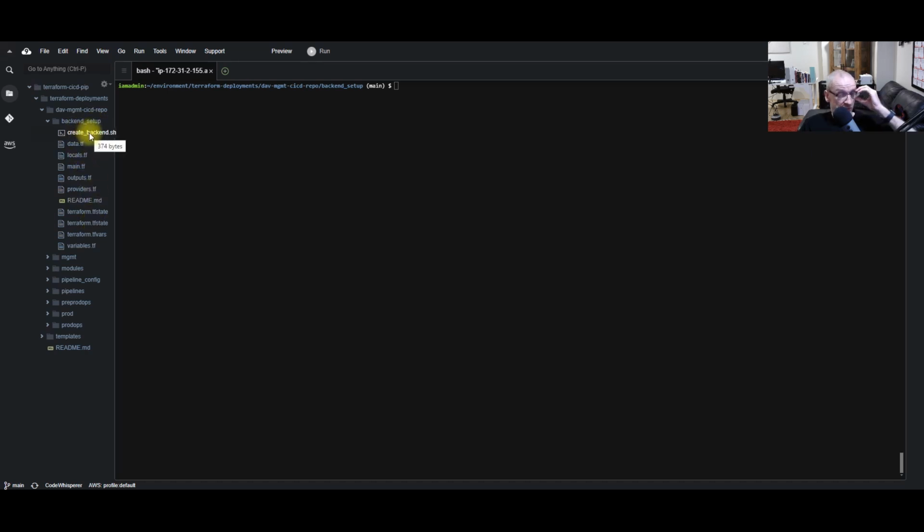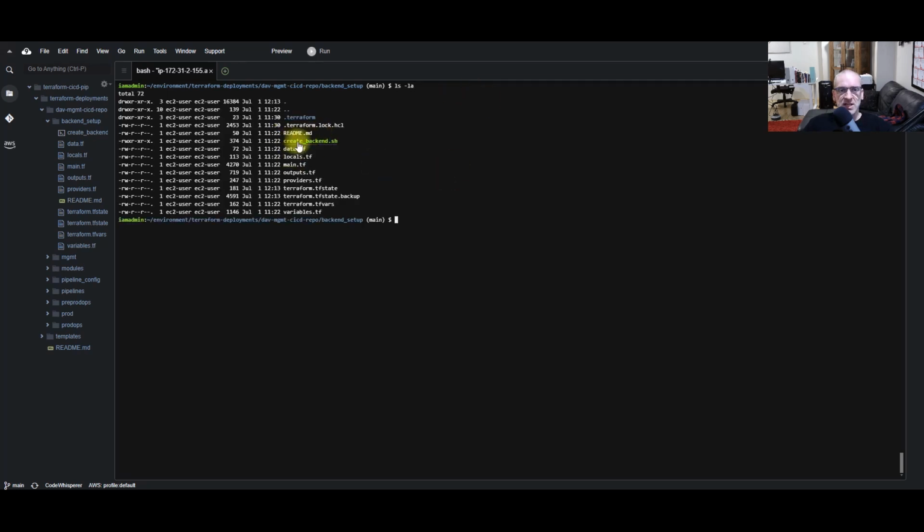Beyond the scope of this tutorial, folks, I could cover off on another one if you like. And it's just simple automation to save me having to do a lot of click-ops, okay? But it was just a matter of going in. If I do an ls, list all, you can see the bash script there. I've already made it an executable. And if I just run the bash script,